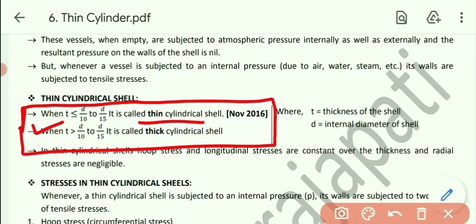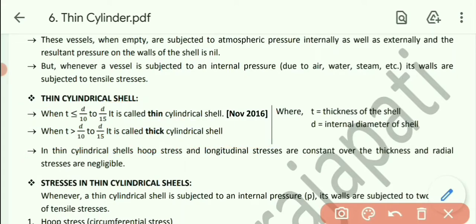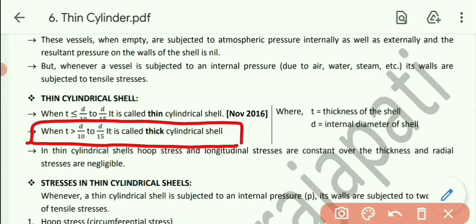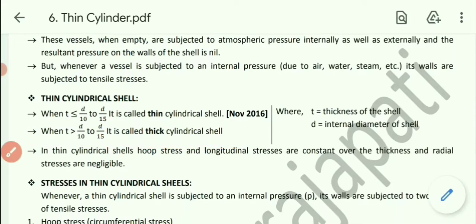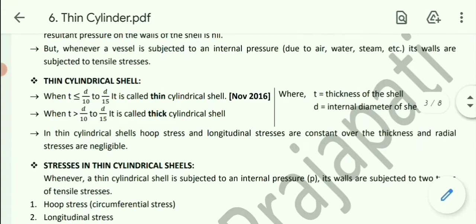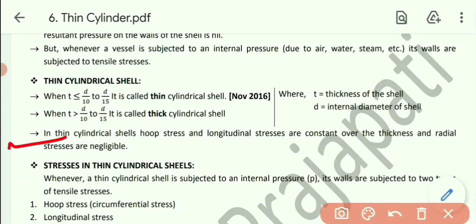When the thickness is greater than d by 10 to d by 15, it is known as a thick cylinder shell, where t stands for thickness of the shell and D stands for internal diameter of the shell. In thin cylindrical shells, hoop stress and longitudinal stresses are constant over the thickness